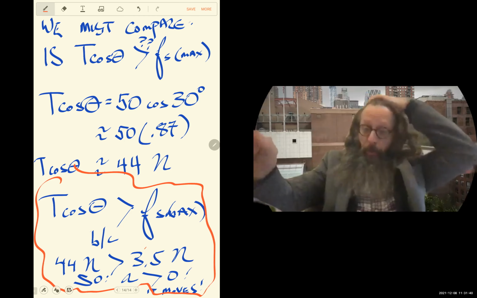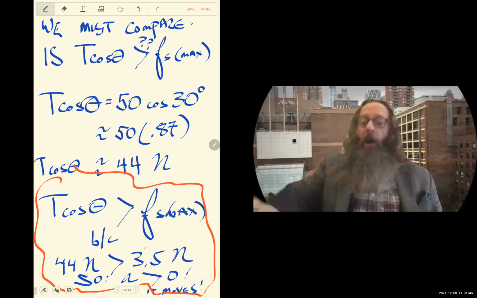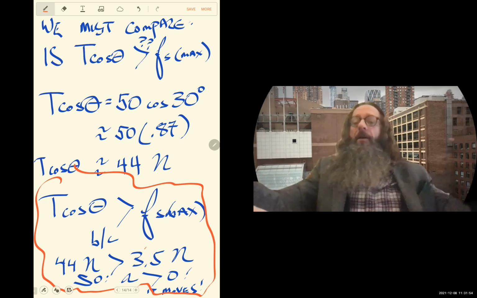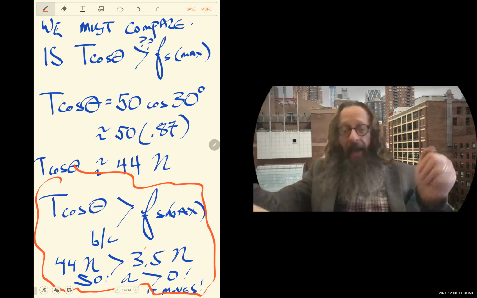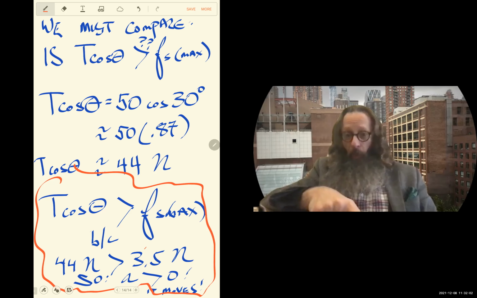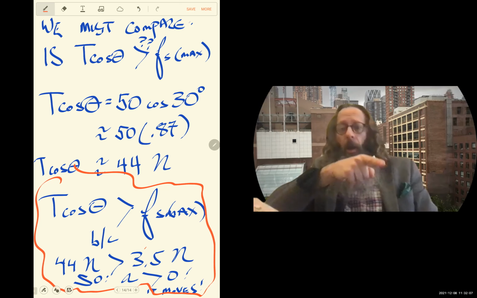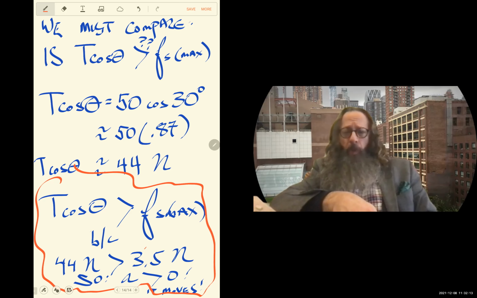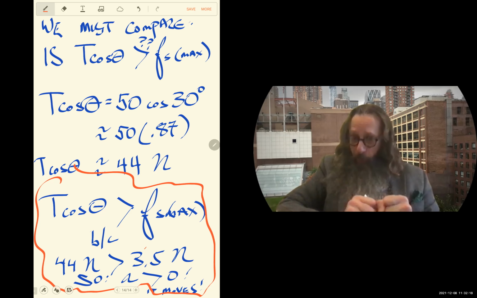Because the fight in the x-axis was lost by static friction maximum. The net force in the horizontal axis outside of friction was greater than the maximum that static friction could handle in the x-axis. T cosine theta was greater than F S max. T cosine theta was like 44 newtons, unless I did the math wrong, and stop me if I did. I don't think I did. I'm rounding everything to 2 digits just to keep it simple. So the most that static friction could exert was 3.5 newtons.